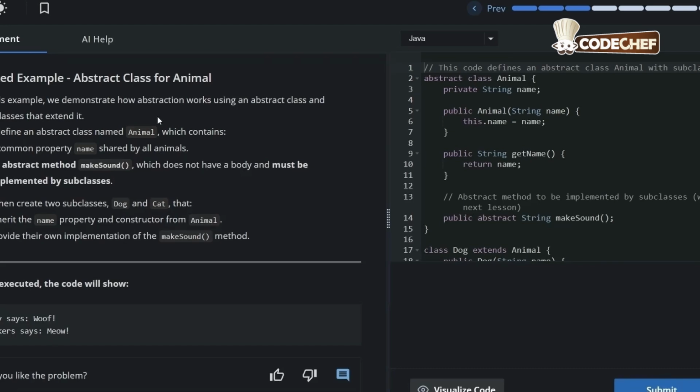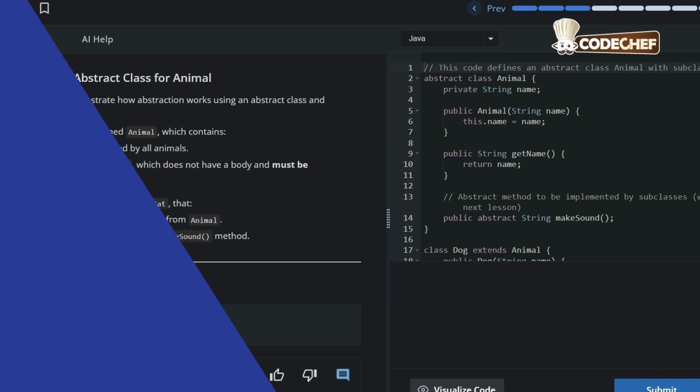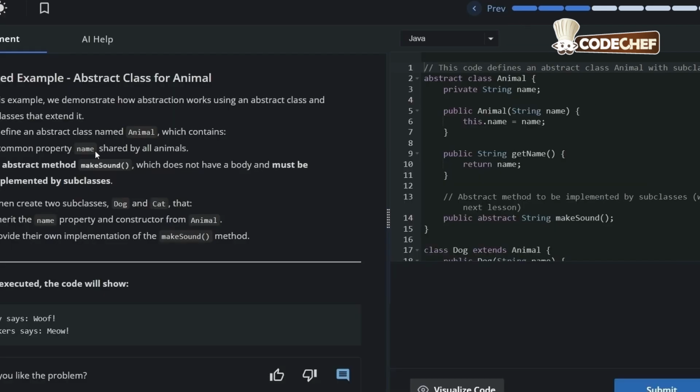Here we demonstrate how abstraction works using an abstract class and subclasses that extend it. We define an abstract class named Animal, as we can see over here, and we have a common property, private String name, which is shared by all animals. The abstract method makeSound does not have a body and must be implemented by subclasses.